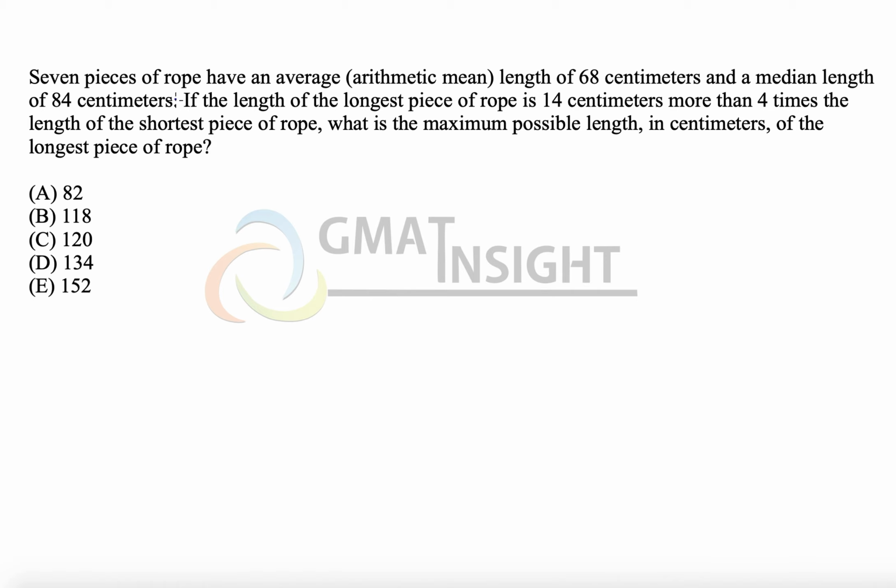7 pieces of rope have an average length of 68 centimeters and a median length of 84. Whenever we have these countable number of pieces, I always make this diagram: 1, 2, 3, 4, 5, 6, 7. So this place becomes the median. That means I'm automatically writing the numbers in ascending order. So we see that the median has already been given as 84 and the mean, the average length, is